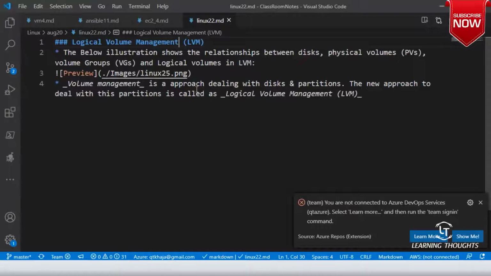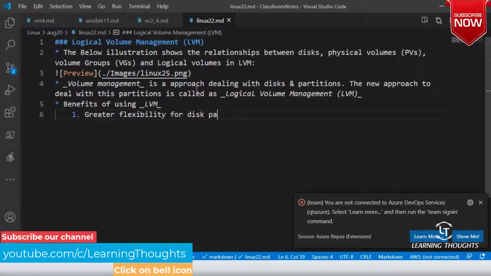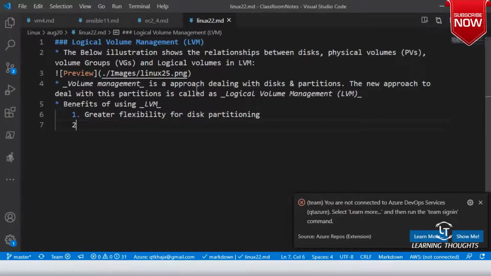So what are the benefits which we get out of LVM? Let us look into it. Benefits of using LVM. One is it offers greater flexibility for disk partitioning. The second one is easier online resizing of volumes,